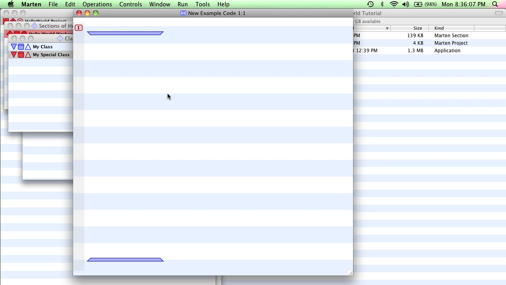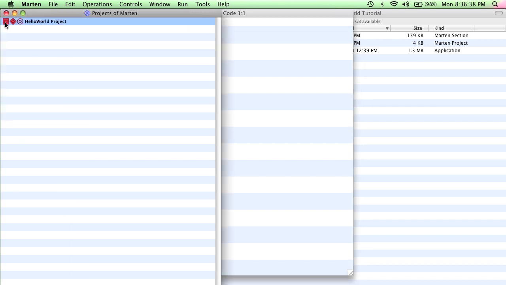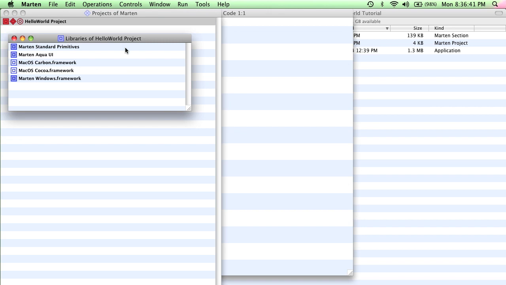You'll draw to the screen, you'll see what keyboard input is, you'll make sounds. All of that is done through system routines, so it's very important for any development environment to provide access to these system routines, otherwise there would be no useful applications created. Well, we provide a variety of system routines, most of them on the Mac, but we do provide Windows as well. And over here in our list of libraries of this project, we have the standard set of primitives,